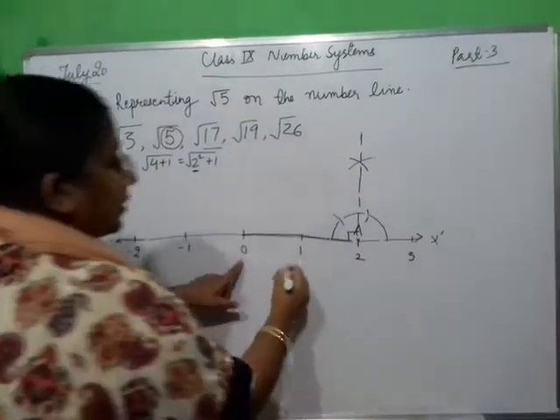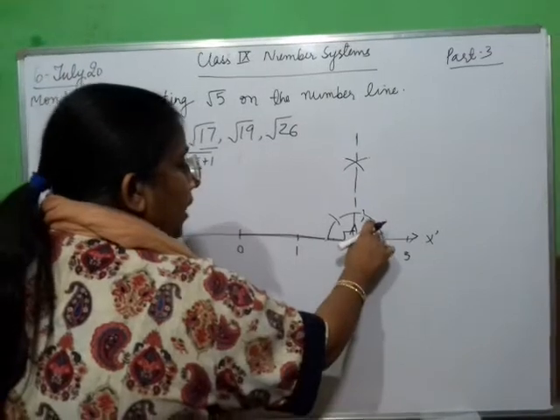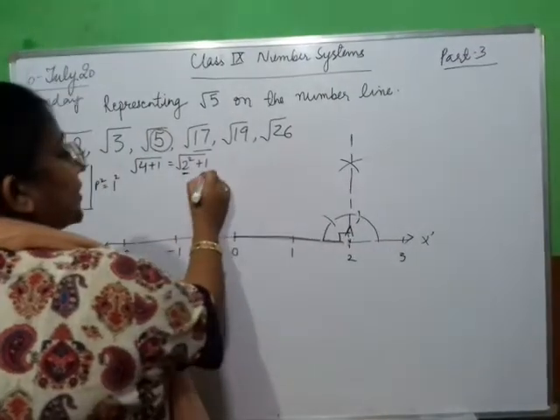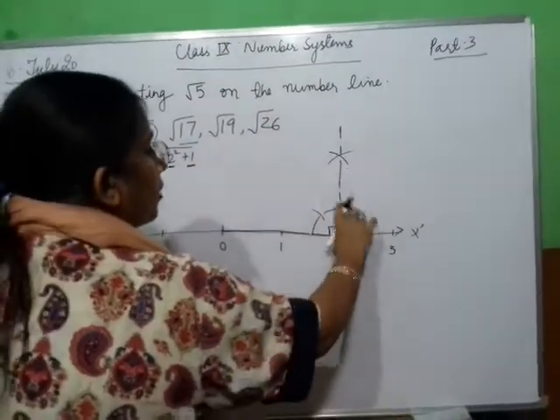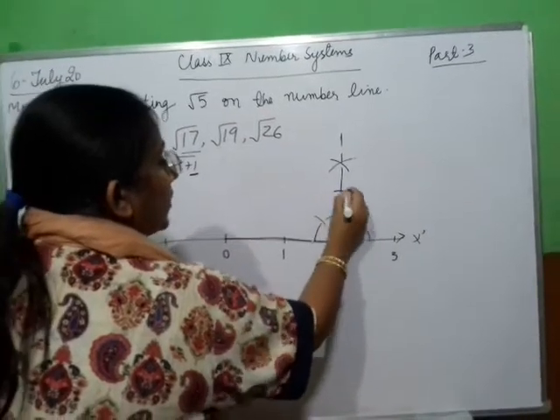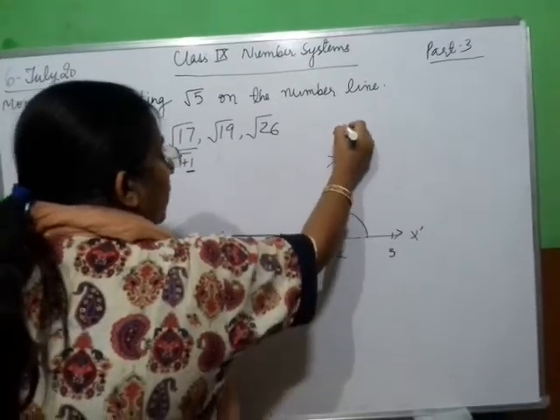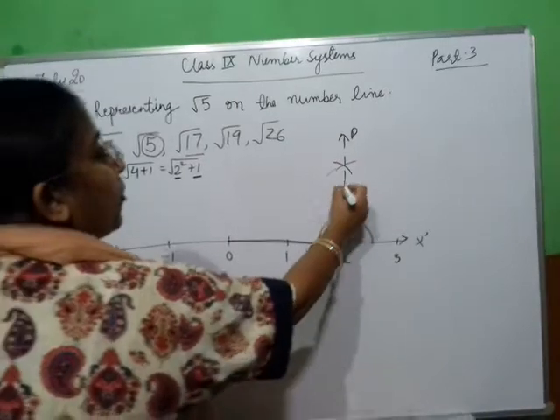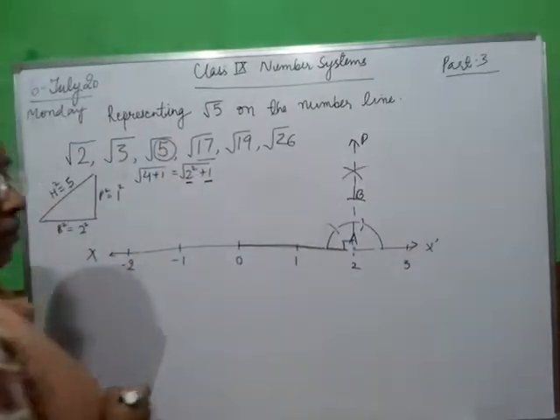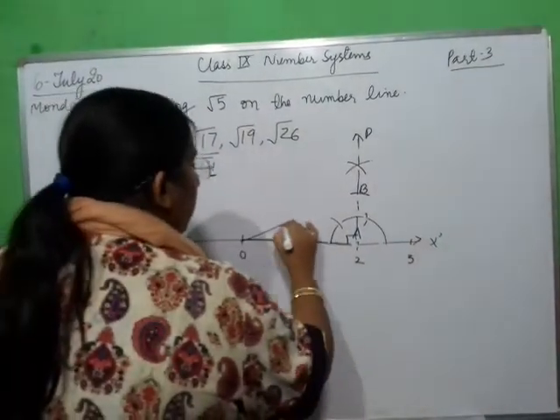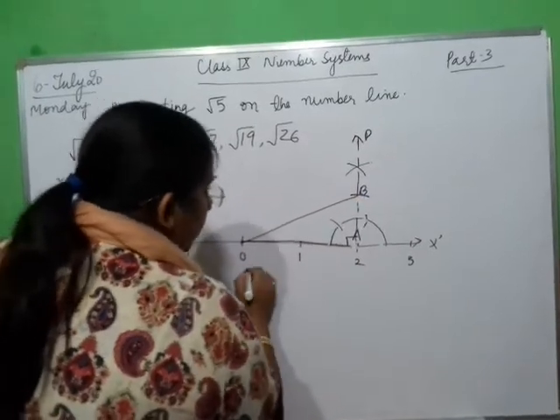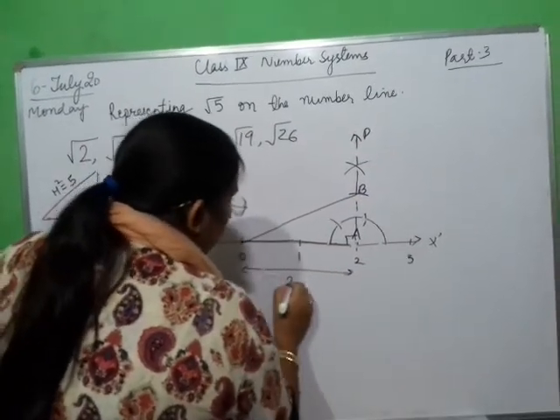Now this is 2 units, OA. With A as center and radius how much? 1 unit. You will draw an arc cutting this AP at a point B. Now join OB. This distance is